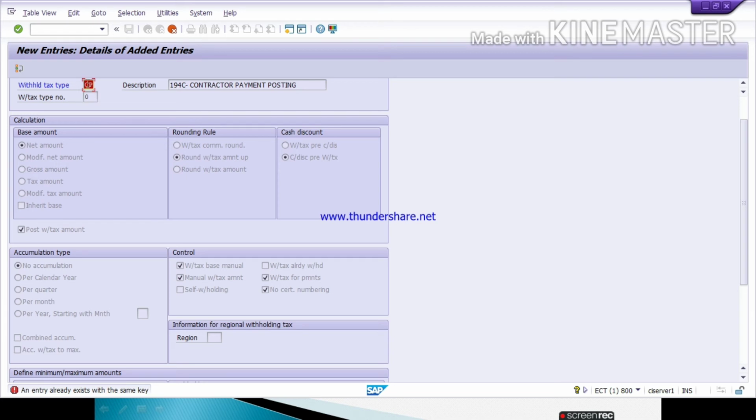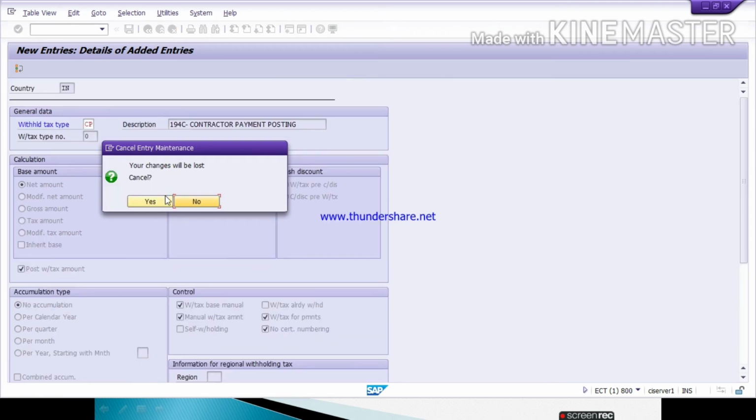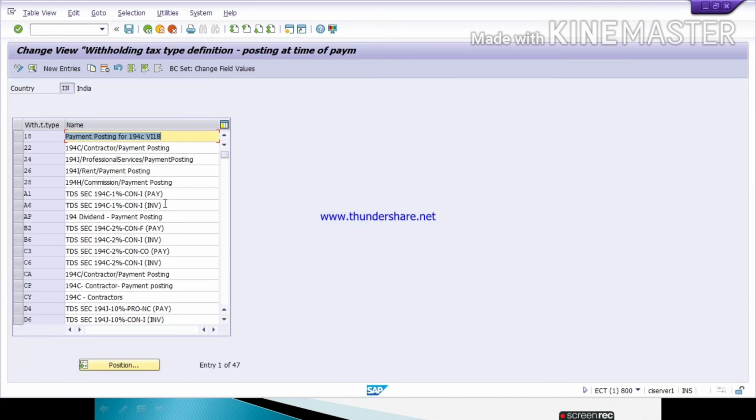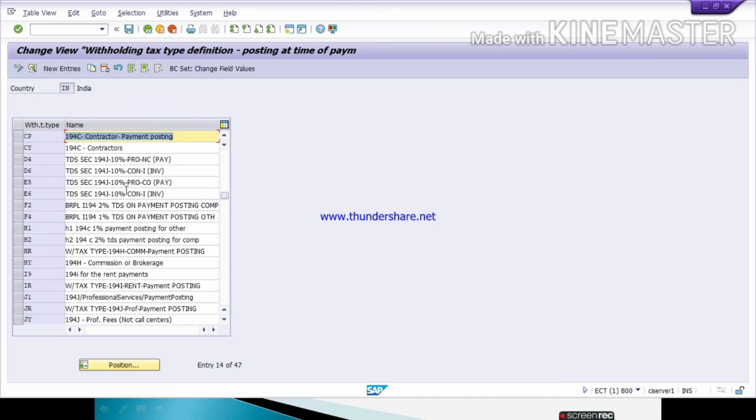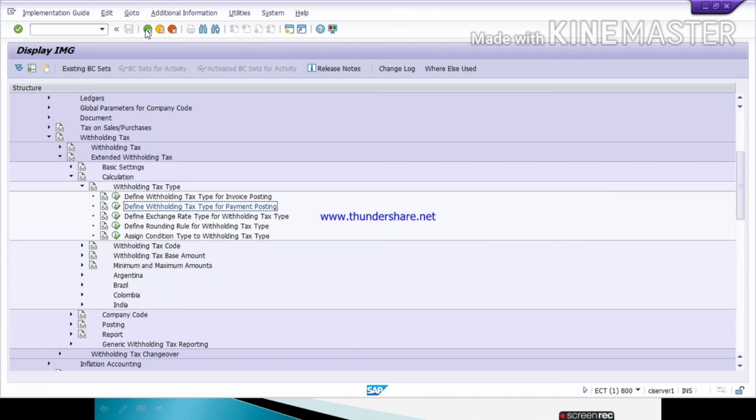You have to give a withholding tax type key and give a description for your withholding tax type. Here you can see, click on position. The same key already exists for 194C contractor payment posting. Now we'll get back.